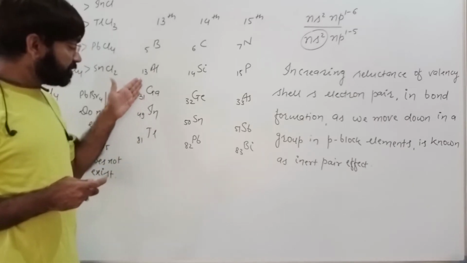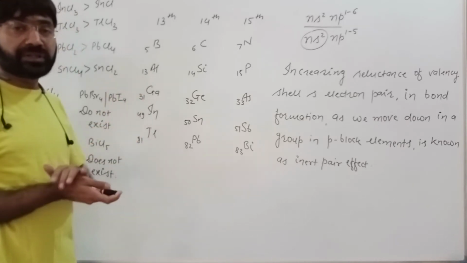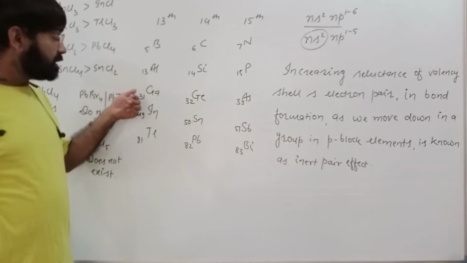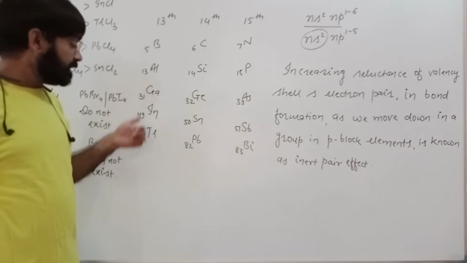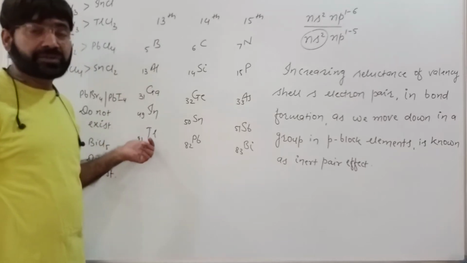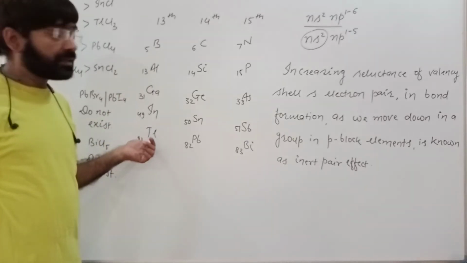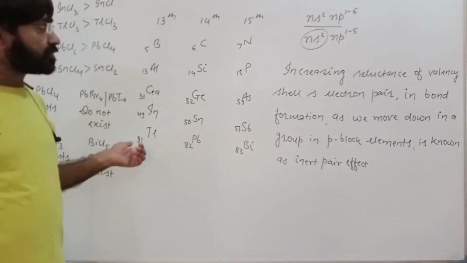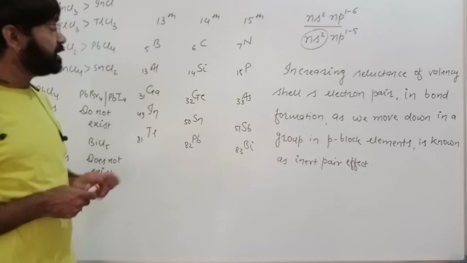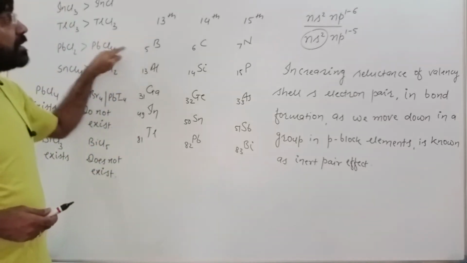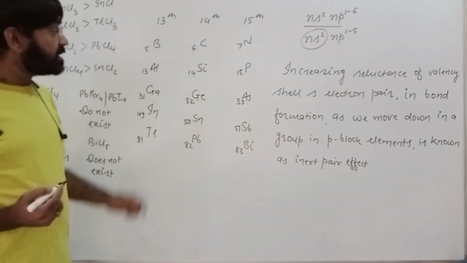And this increases continuously as we move down in a group. So the effect of the inert pair effect will be least at element number 3 and highest at element number 5. Right? Now we are going to analyze the reason for this: why it happens, why this opposition, why this contradiction. So the first two elements in any group of the p block elements, they are what?